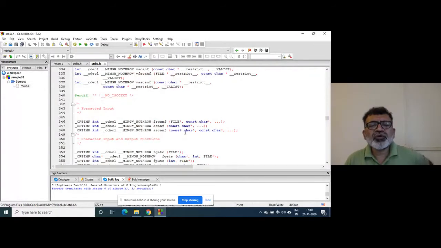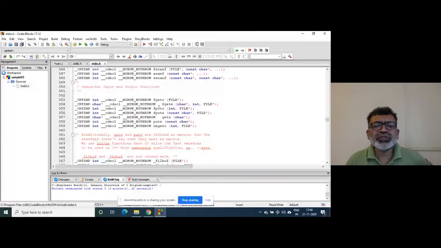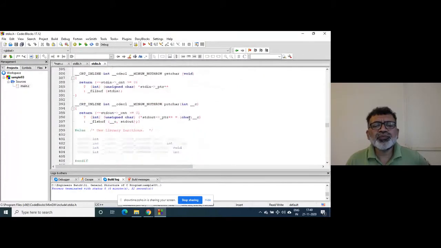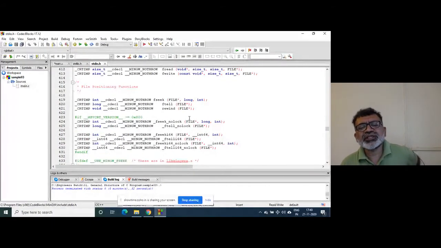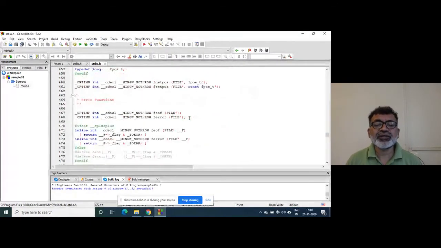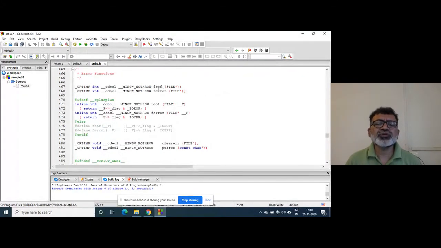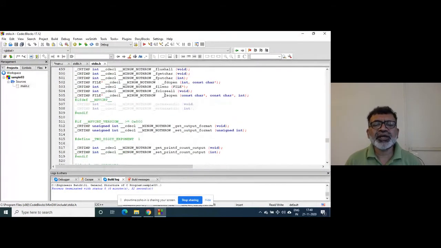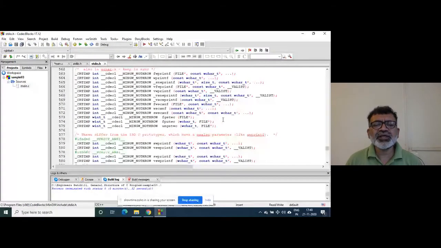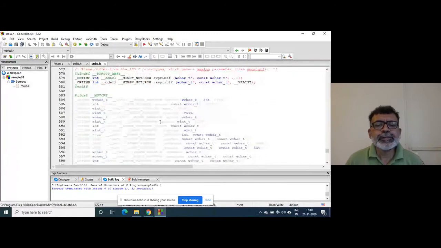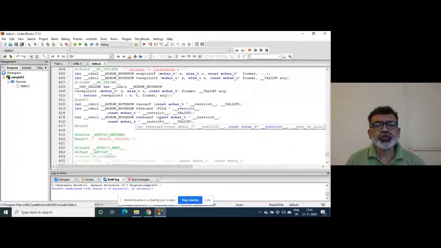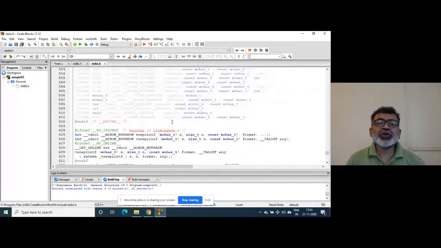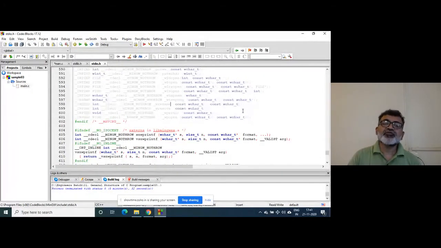So when you are going to call these functions, fputc, fgetc, all input output functions are there. Putchar, fseek, ftell, fread, fwrite. All these functions are from file handling. Get position. These functions are newly added functions. Feof, so whether it is end of file, whether a particular character is end of file. Fgetchar, fputchar. So a lot of functions are there. So when you are going to call a function from this file, we include that.